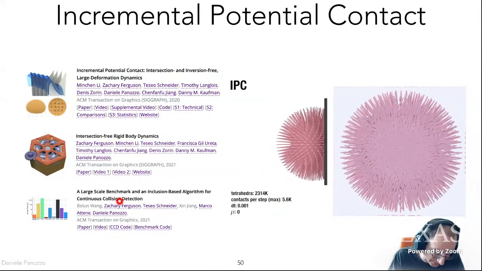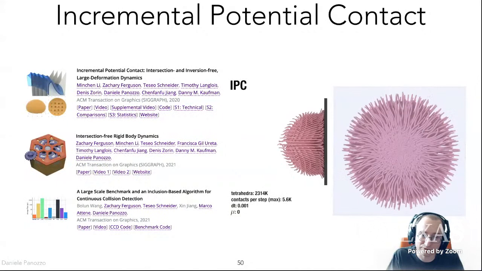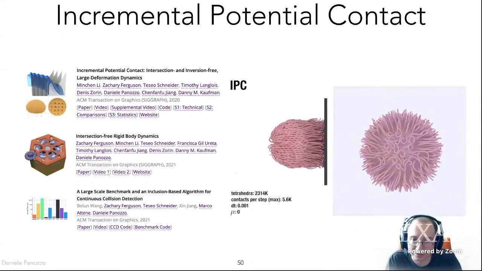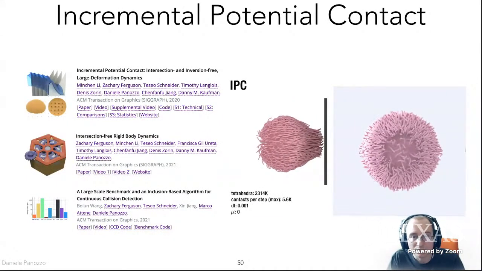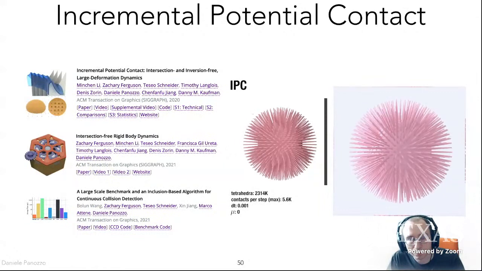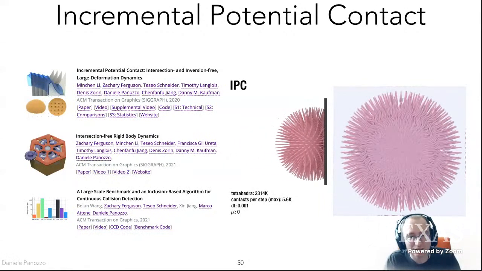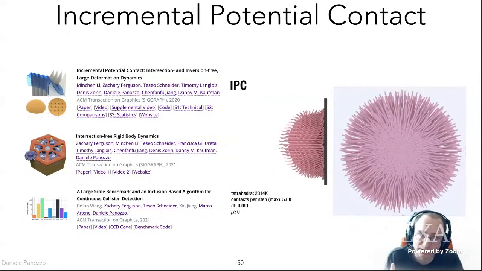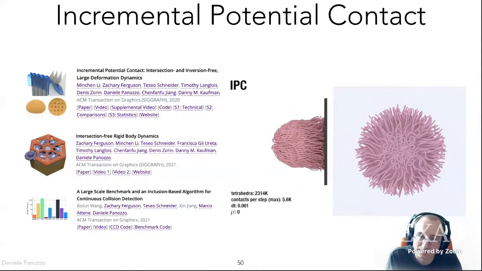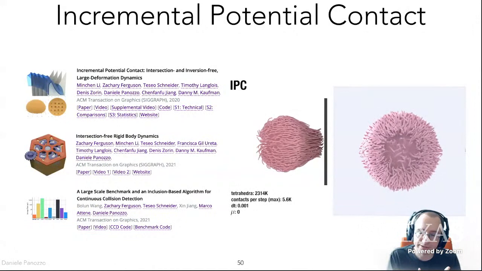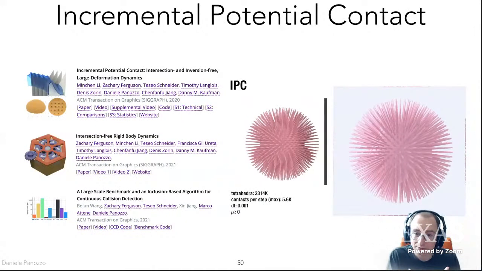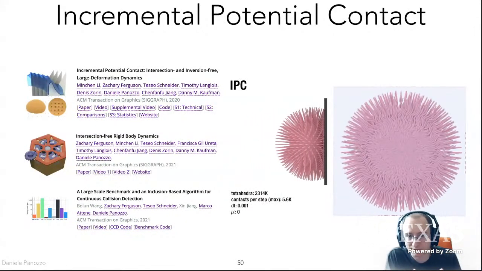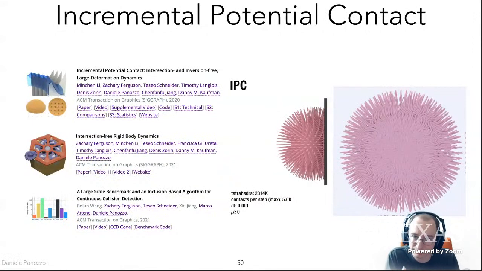And another important work is this one here that allows us to have hard guarantees on the correctness of the algorithm. And what we do here is, instead of using the traditional approach to contact handling, which is to wait until some contact happens and then activate some forces to prevent it, but being okay with small interpenetration as long as it is small and we can somehow fix it,